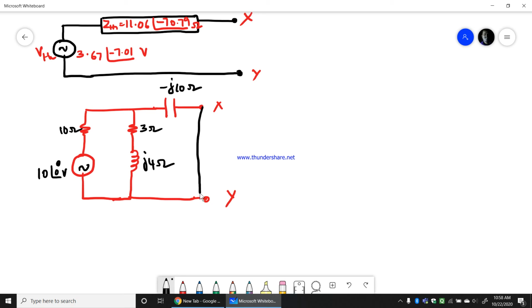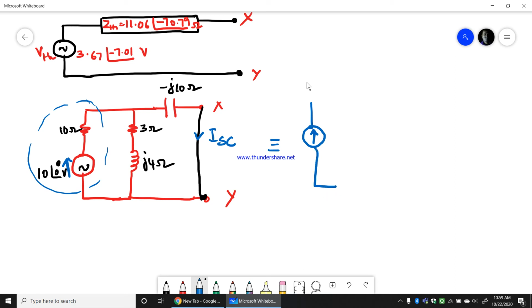Now in the Norton's theorem, what we do? We short this load terminal and then we find out the current through that load terminal, which is the short circuit current. Okay, now how to find the current through this terminal? What I'll do is I'll convert this series to parallel first. So first of all I'll get a current source. Normally the direction of the current source will be considered according to the arrow that we have in the question. So the arrow will be like this only. Normally it will be given in the question, so we need not worry.